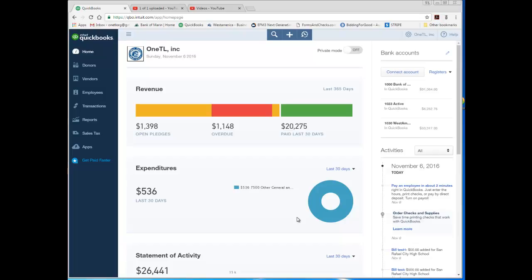Okay, this tutorial is how to enter and pay bills in QuickBooks Online. I'm not going to show how to create a new vendor. In this tutorial, we will create two new bills for San Rafael High School, and then we'll pay those bills with one manual check. Okay, so to do that, please log into the company, and in the home page, or